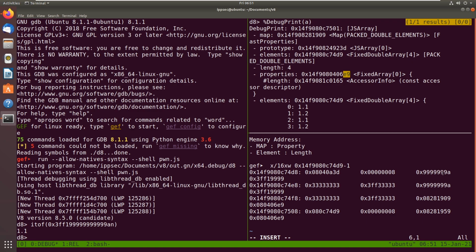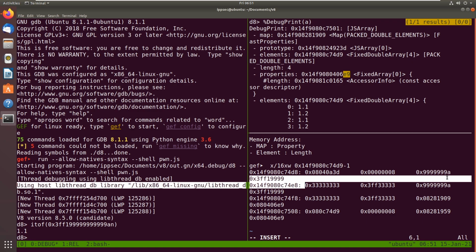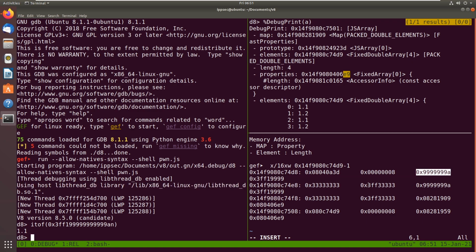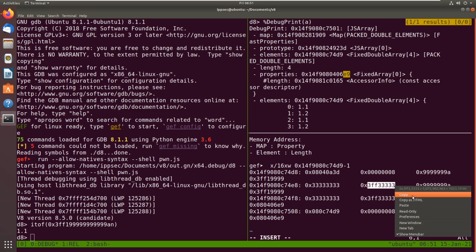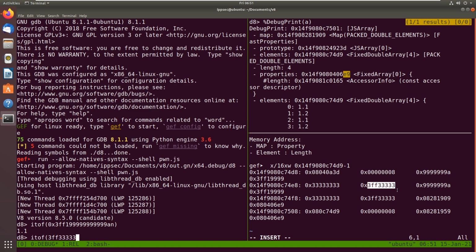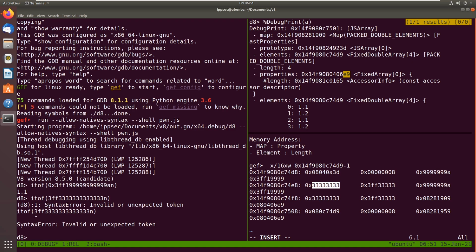So that was what a 1.1 looks like in memory. We can do the same thing with 1.2. So we can grab this, I2F, and the rest is all 3s. Like that. I2F 0x,